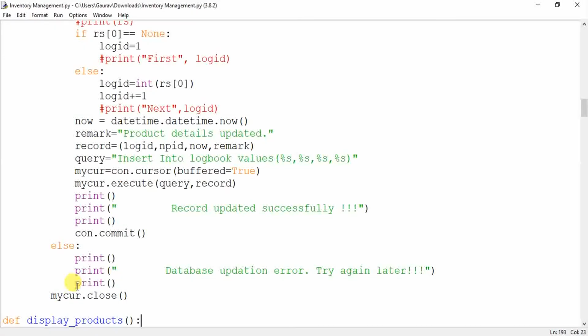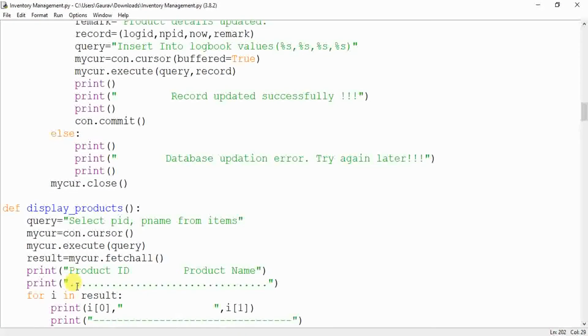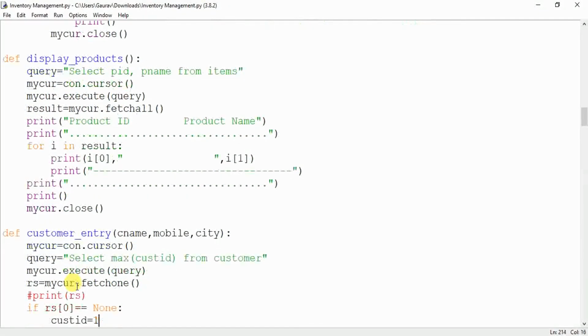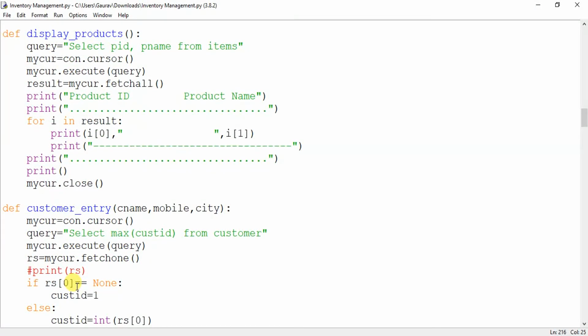Then we have this third function, display, where we will display the products. This is the select query. We will just display the product ID and product name. We have used the fetchall function. This is just decoration, the headings and the dotted lines beneath it.